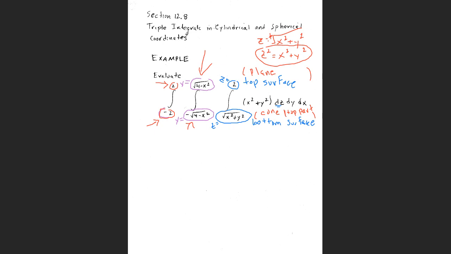Okay, well, let's see. Y equals square root of 4 minus x squared. Maybe I'll put that in blue. If y equals square root of 4 minus x squared, then y squared equals 4 minus x squared. So x squared plus y squared equals 4, right? What is that? X squared plus y squared equals 4